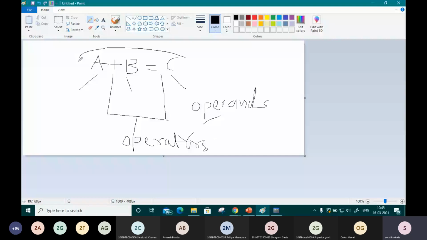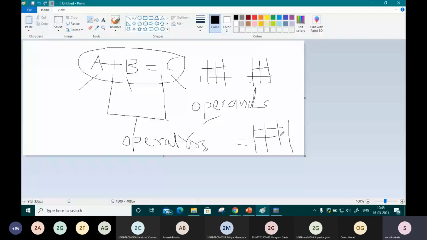In the same way, when we have two tables, first and second, and we want a particular desired result in a third one, suppose I want to perform a product operation here. It means I want to multiply the data of the first table with the data of the second table.